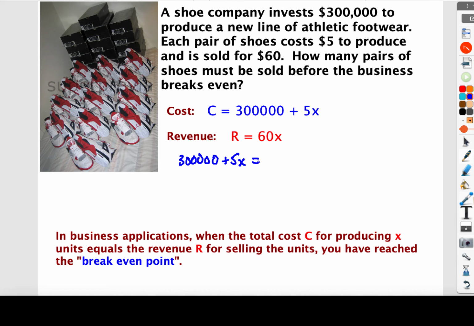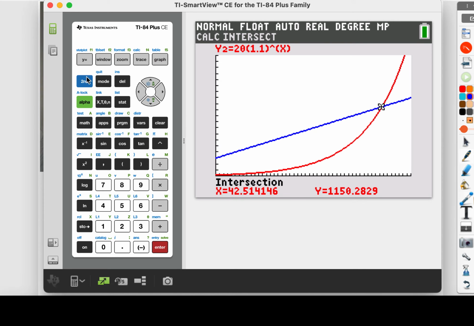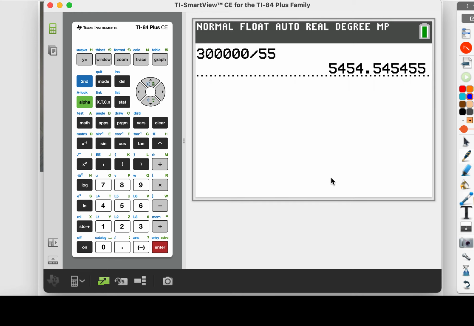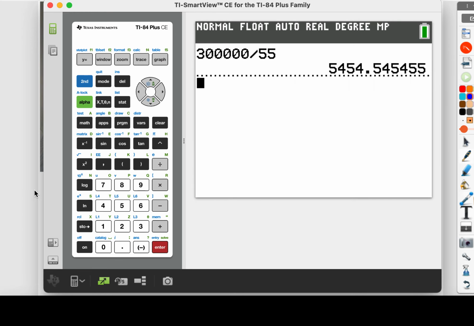When the cost equals the revenue, right, we can subtract and divide, right? We'll find out that X equals, well, let's hop onto that calculator again. Only this time I just need to calculate my number. 300,000 divided by 55. And we are 54.55 or so,